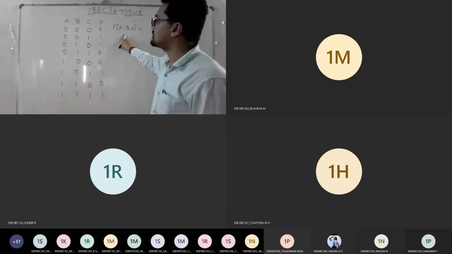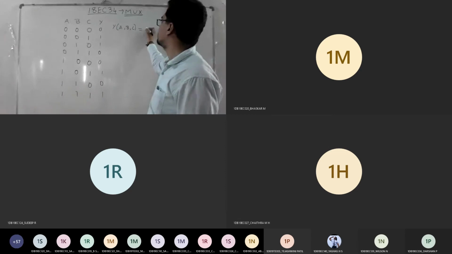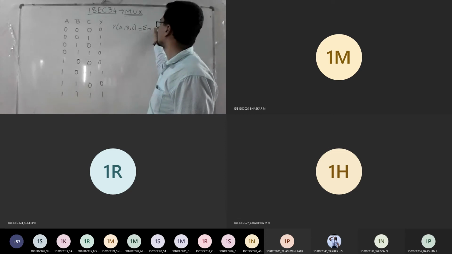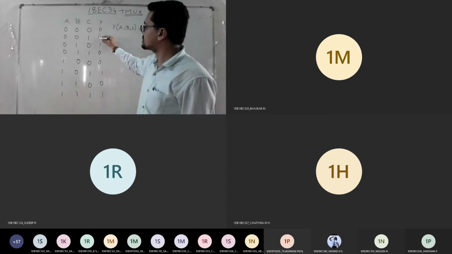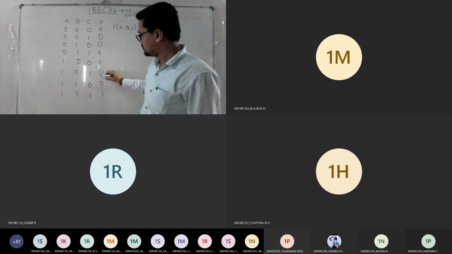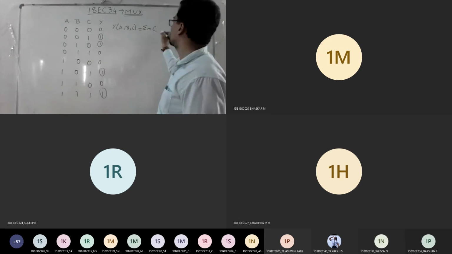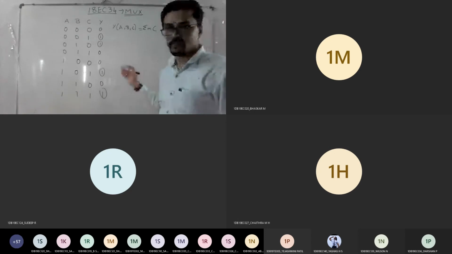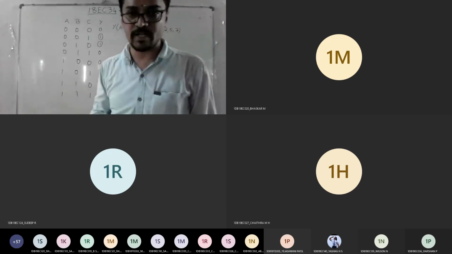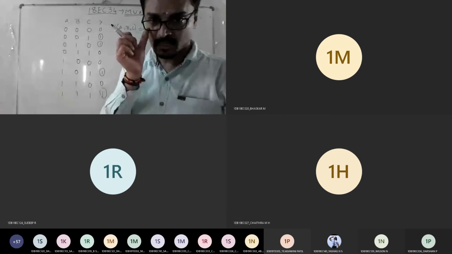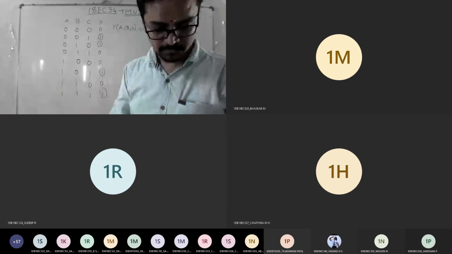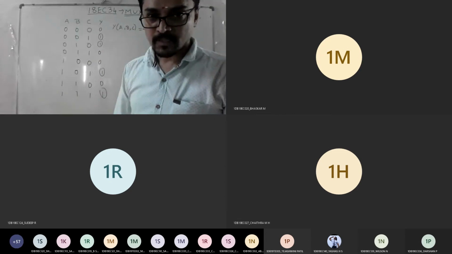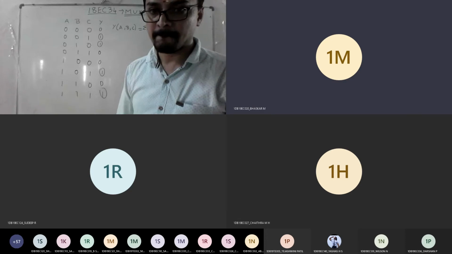So Y of ABC equals summation m of 1, 2, 5 and 7. So from here onward it is the same procedure as we did in the previous problem. Am I clear? Yes, sir.